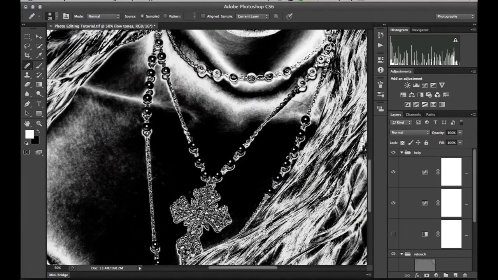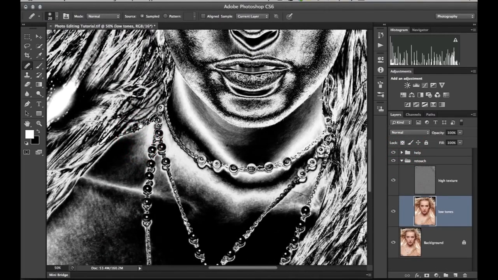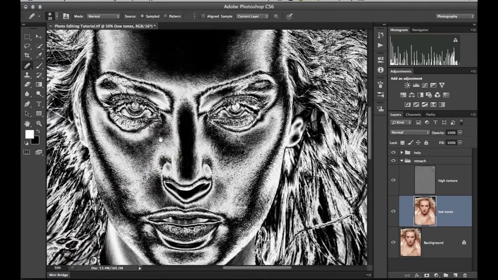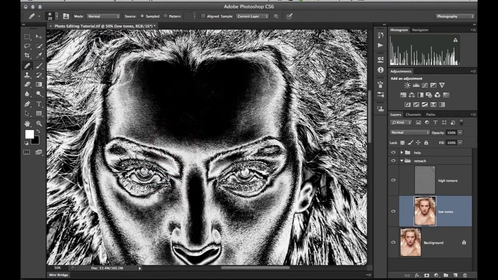And what we're going to do, there's a couple different things that we could do. We could do the clone stamp tool to pick up some of the color from one area and pull it to the other. Initially I like to start off with the lasso, and I'll do a couple things here. I will do a lasso and maybe use a feather of say 15. There's a couple different ways I'll show you how to do this. You can immediately go with 15. Make sure you are selected at the low tones, and then maybe select the area that you want to address right now,